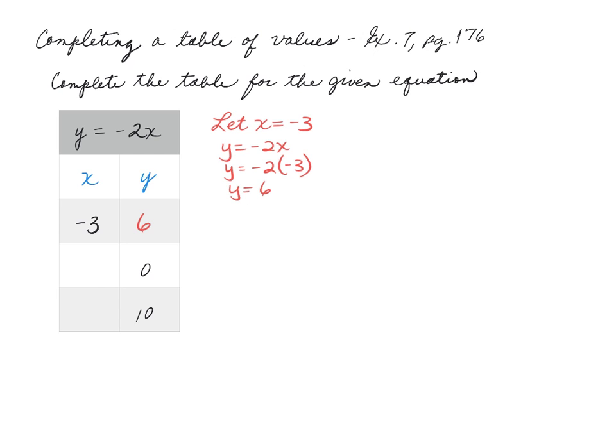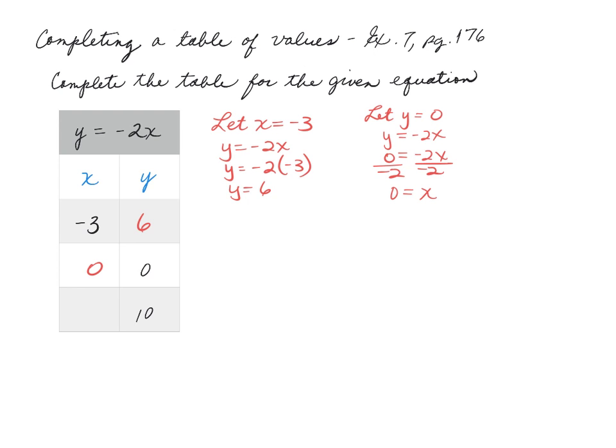That is our corresponding y value. The next one, we're going to let y equal 0. And we're going to plug in a 0 for y. So our equation is y equals negative 2x. But we say y is 0, so we put 0 there. And we solve it. We divide both sides by negative 2. And we get 0 equals x. So x is going to be 0 as well